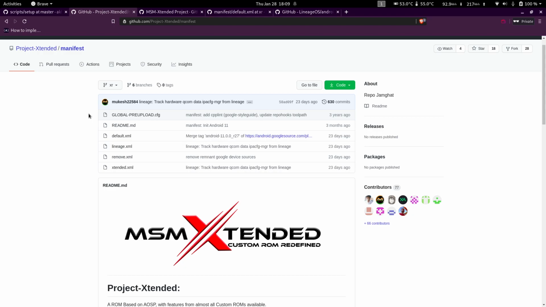Oh yeah, one more thing which I forgot to mention is you even need a pretty powerful machine in order to compile a ROM. You need RAM in abundance, around 16 gigabytes, 250 to 300 GB free space, and it's a very time consuming and processor heavy task.